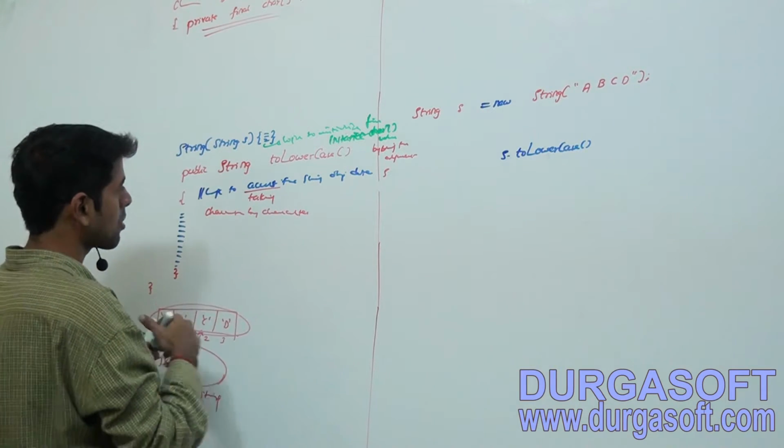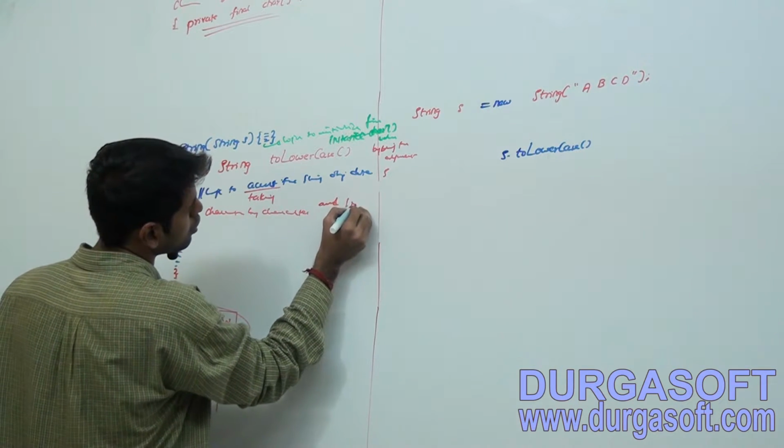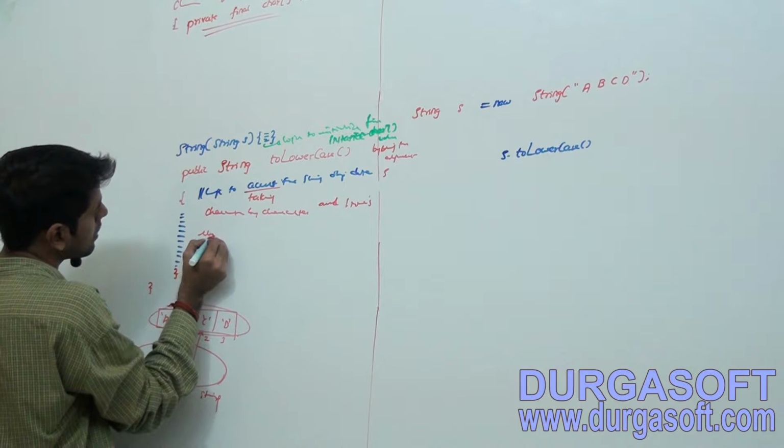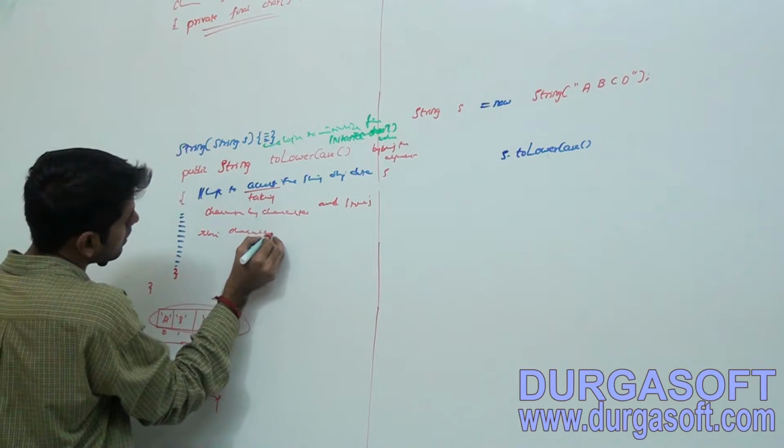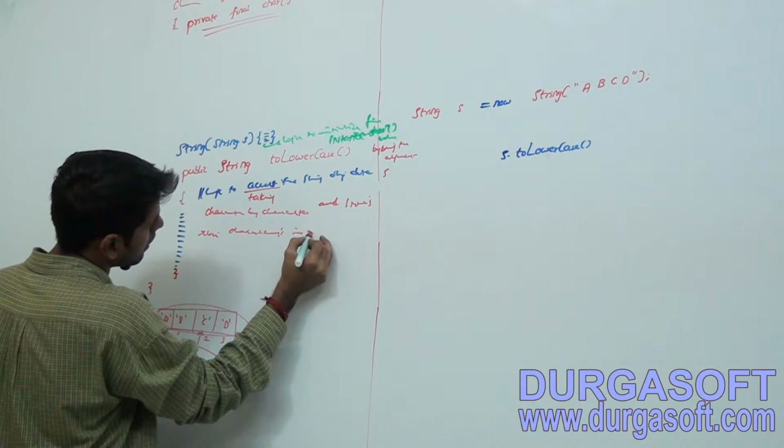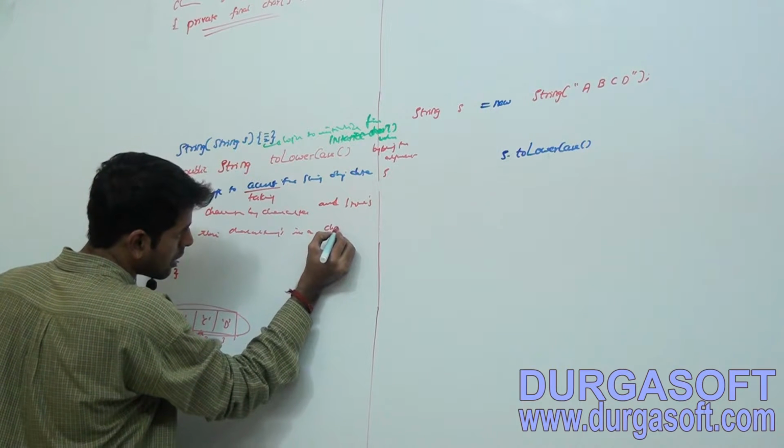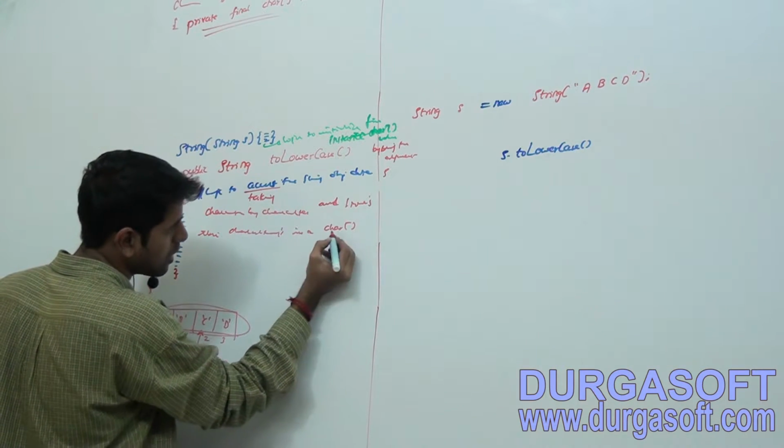Getting character by character, and storing these characters in a char array, in a new char array